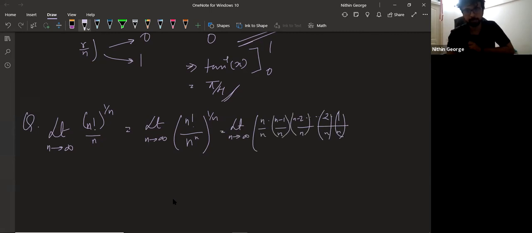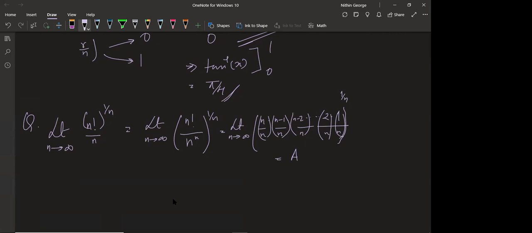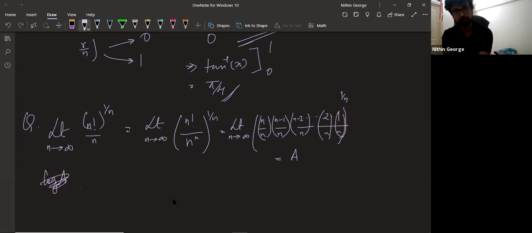Okay. I hope you can see r by n trying to be formed here. So I will call this value as A, raised to 1 by n. This value is A. Guys got this? Yes, sir. Okay. So now what do we do? Log of A. What is log of A? Ln of A, natural log. Ln of A will be 1 by n.